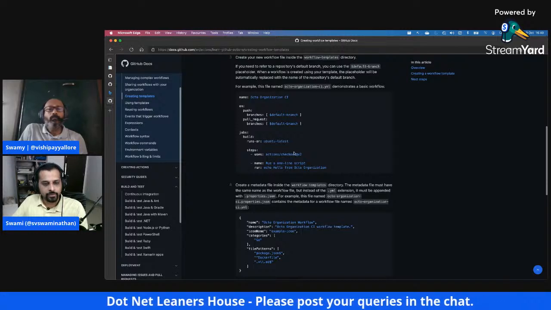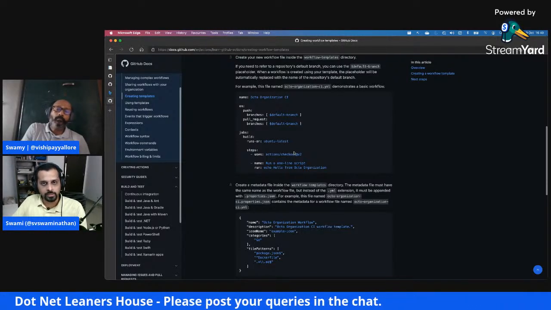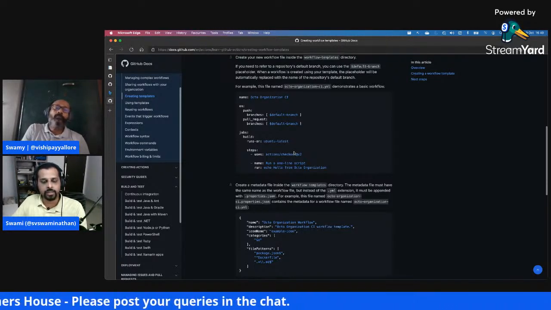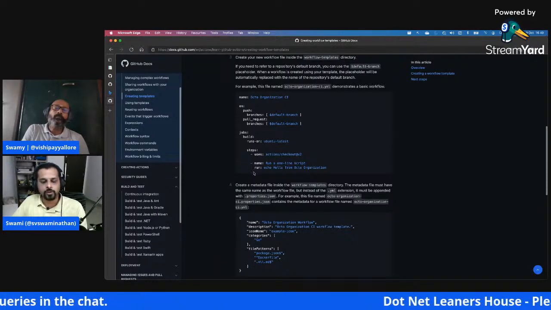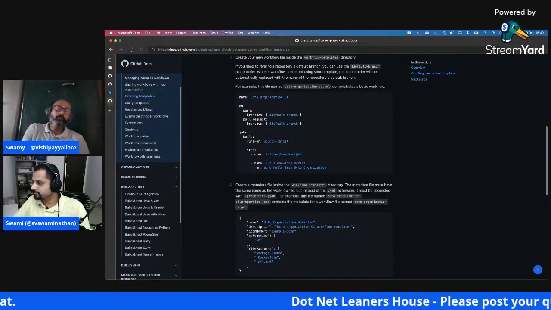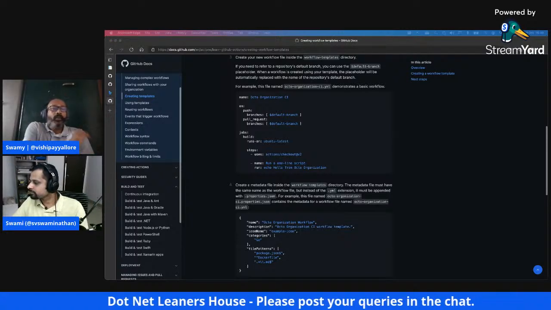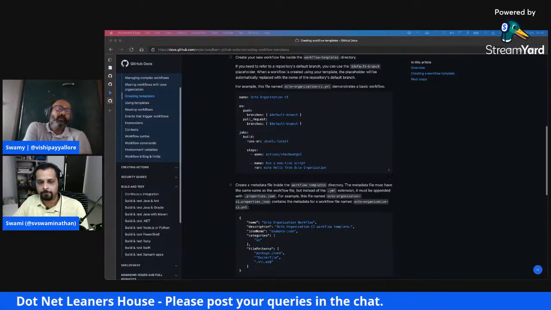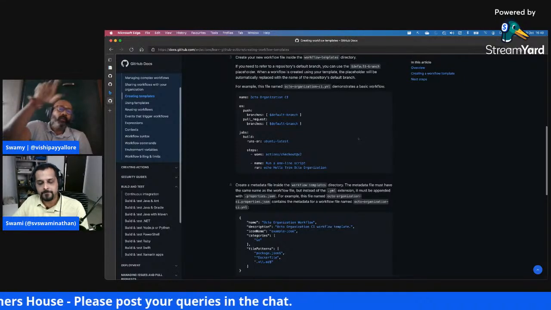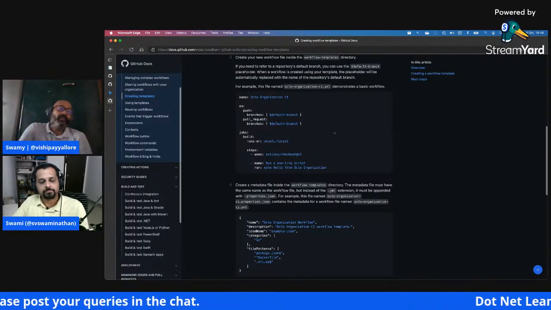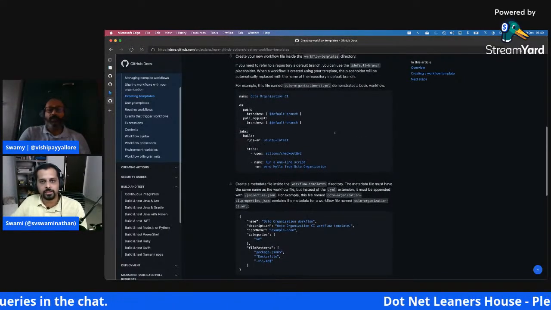Or if you have any files, let's say you have your PowerShell scripts, or shell scripts, or any kind of scripts, if you committed them into your repository, then if you want to execute them, you can also do that. Something we used to do, check into our ADO, and from the pipeline we give the path, and we execute that script. Correct. Yes, the same thing we can do here as well.